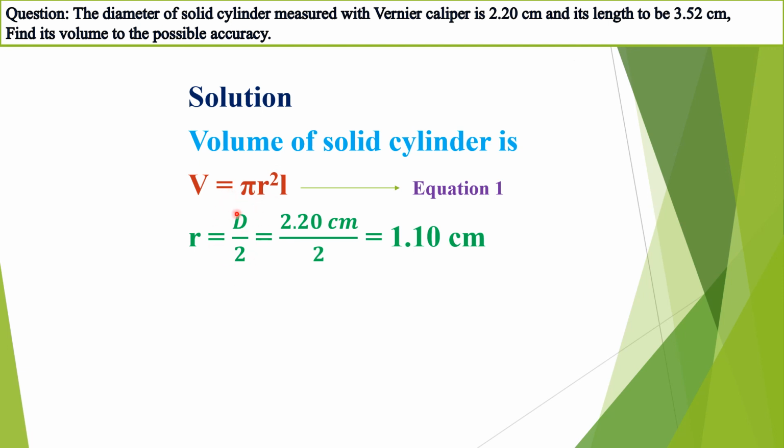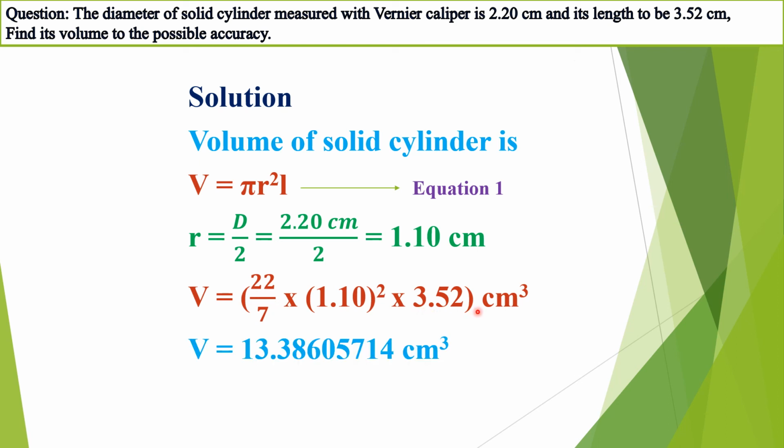Putting the value of diameter 2.20 centimeter and dividing it by 2, we get radius equals 1.10. Putting the value of radius and length in equation number 1, we get V equals 22 divided by 7 into 1.10 whole square into 3.52. After solving this, we get V equals